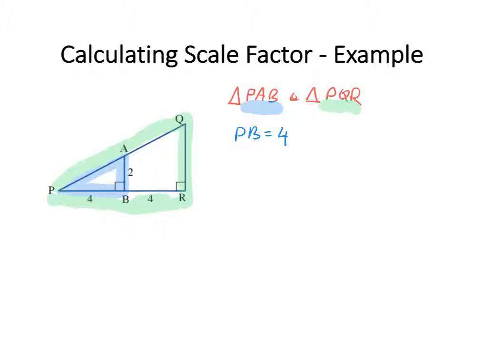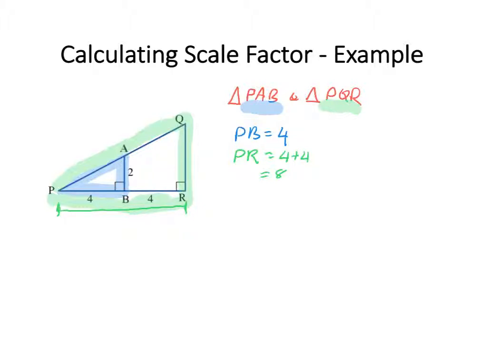So let's see if I've got a measurement for the corresponding side on the larger triangle, and the corresponding side is going to be PR. So from P all the way through to R. And although I don't have a measurement for PR, I do have a measurement for PB and BR. So if I add those two together, that will give me my measurement from P to R. So now that I've got my two corresponding sides and their measurements, I can go ahead and calculate